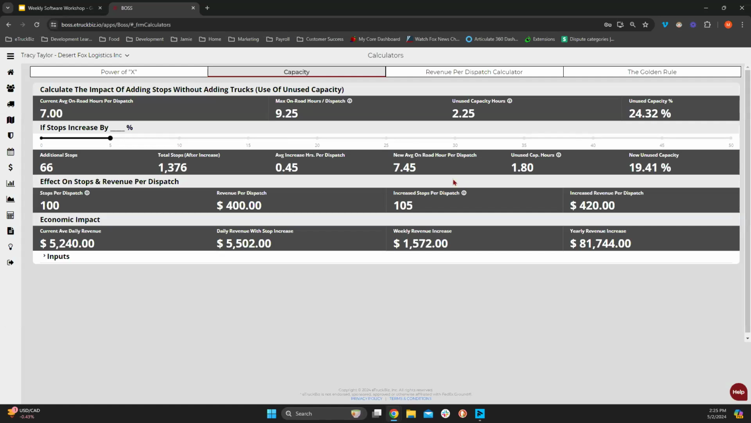As you start to do that, your new average on-road hours per dispatch starts to go up, which we like to see. That'll also help you when you go to renegotiate, as Ken can attest to. The higher your on-road hours per dispatch, the more leverage you have in that negotiation, okay? So when you are running 5 hours a day on average,